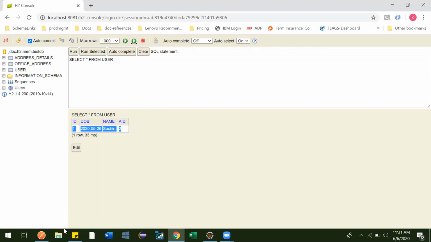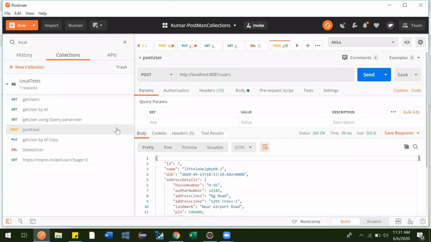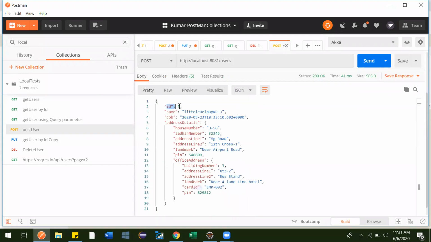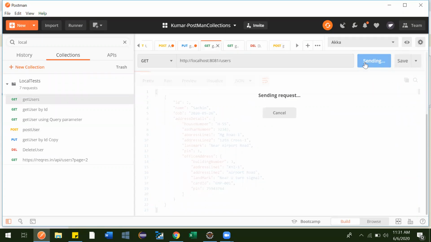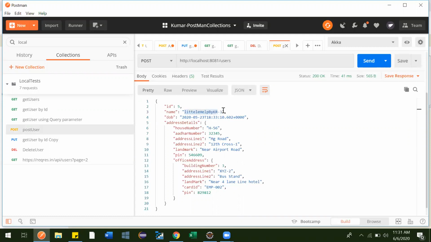Now we'll add a few users. Earlier we had only one, so now we'll hit one. One user got created with ID 5 and the name Little Help by KR3. When we get all users, we have two users. Let me add one more, with 7.